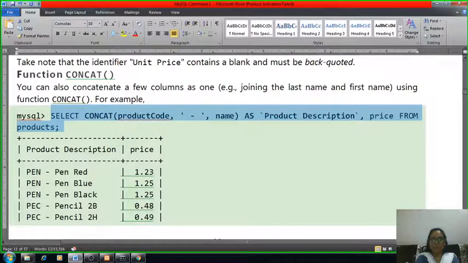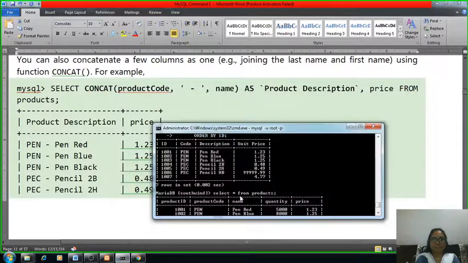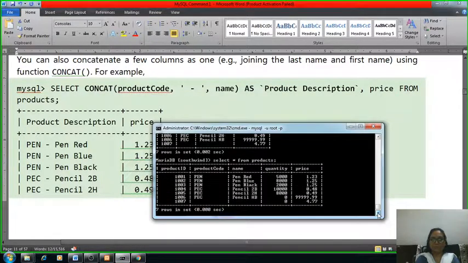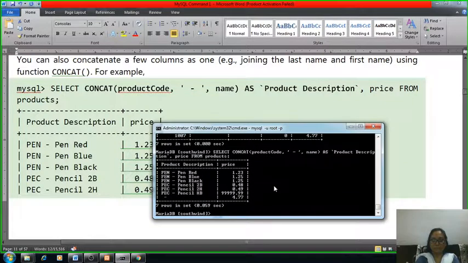So what happened because of this CONCAT? Your table will be converted in these steps. It will join the two columns, that is the product code and the name. So how does it work?